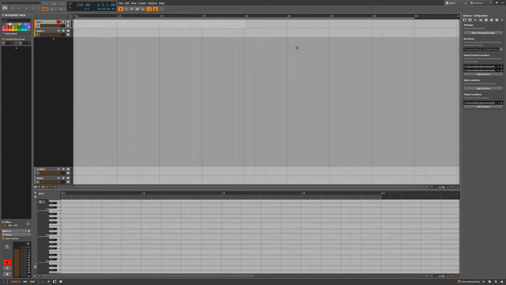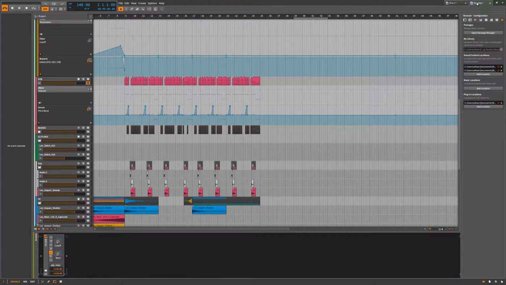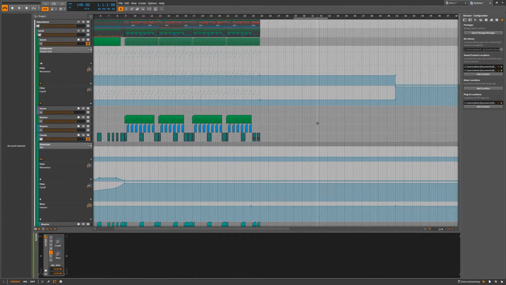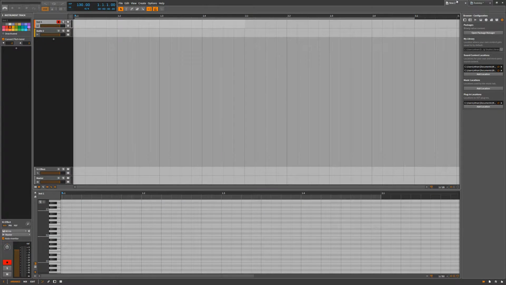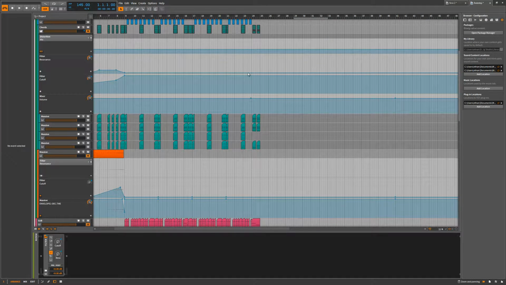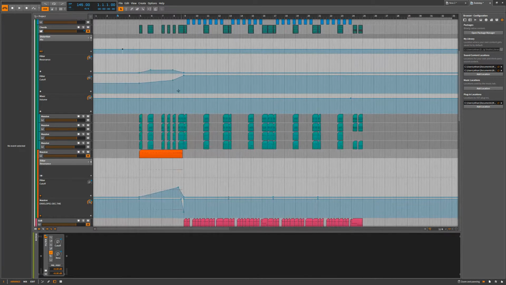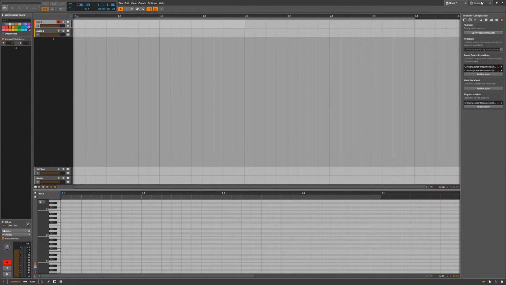What's really nice is that you can actually have two projects open. So I have a tab here for this new one, and then I have a tab for a project that I'm making, that I've got going on over here, right? So you can have multiple projects, but this one's actually got the audio engine on where the other one doesn't, right? Like if I play a sound in here